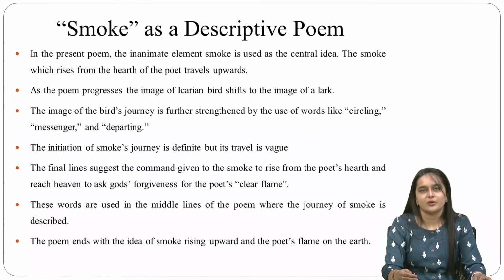The image of the bird's journey is further strengthened by the use of words like circling, messenger, and departing. It travels over the hamlets and rises above towards its destination. The initiation of smoke's journey is definite, but its travel is vague, and hence, in order to suggest this vagueness,